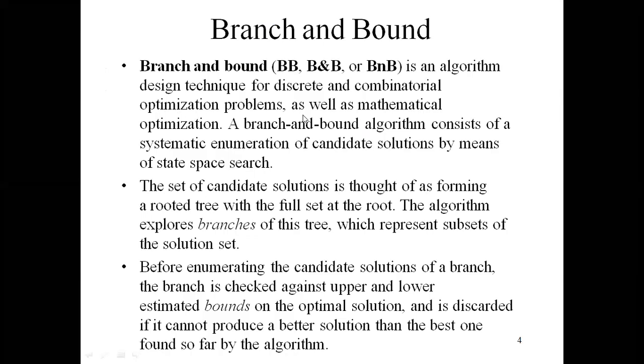Now see the branch and bound. What is branch and bound?